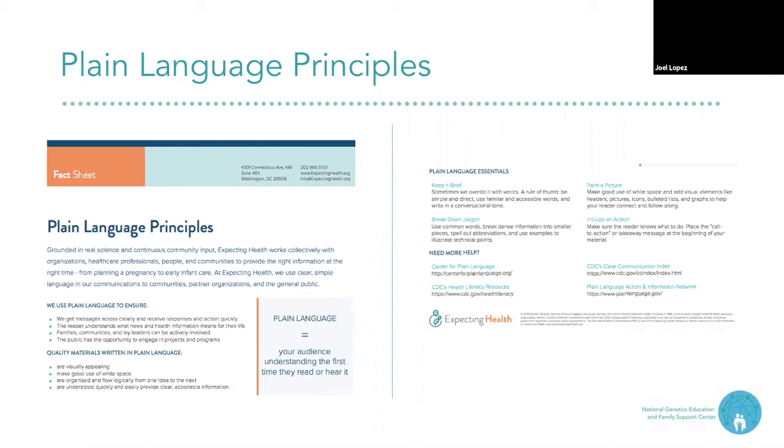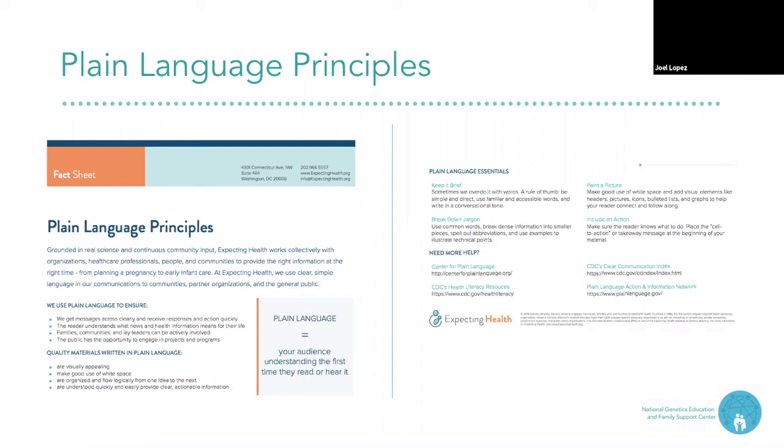So keeping it brief, sometimes we use too many words, and as a rule of thumb, we should be simple and direct, use familiar and accessible words, and write in a conversational tone. In terms of breaking down jargon, you want to use common words and break any dense information up into smaller pieces. You want to avoid using abbreviations and spell those out completely, and you can use examples to illustrate more technical